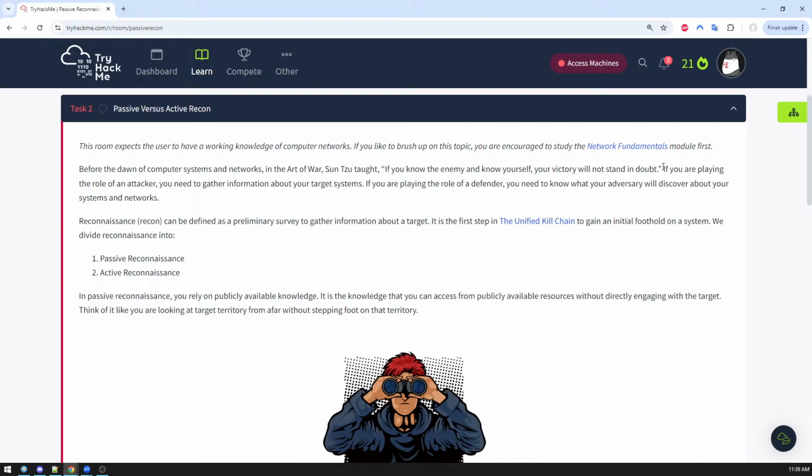If you are playing the role of an attacker, you need to gather information about your target systems. If you are playing the role of a defender, you need to know what your adversary will discover about your systems and network. だから敵を知れってことですね。Reconnaissance, recon can be defined as a